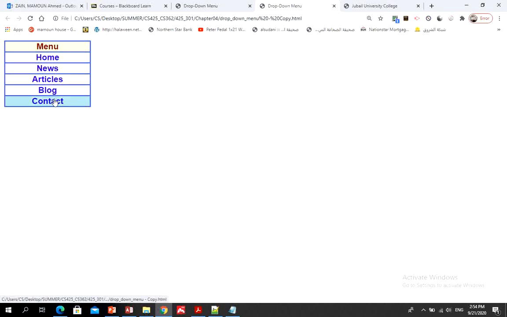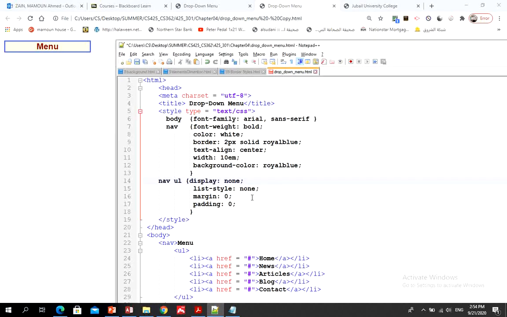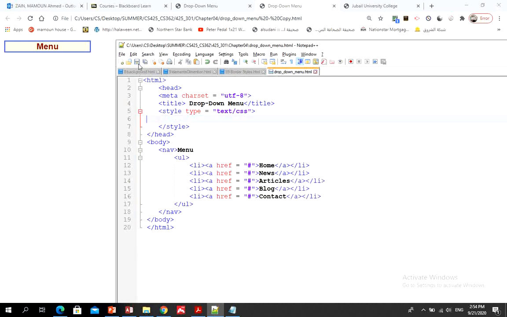This is the word menu, but when I put the cursor on it, it shows these blocks of menus. And when you hover over each one of these items, the background color, which was white, changes to royal blue. And then you can click on one of these selections. So this one, I will start by showing you first the content of this